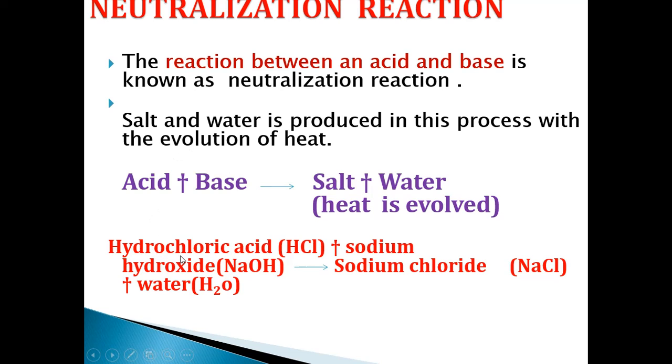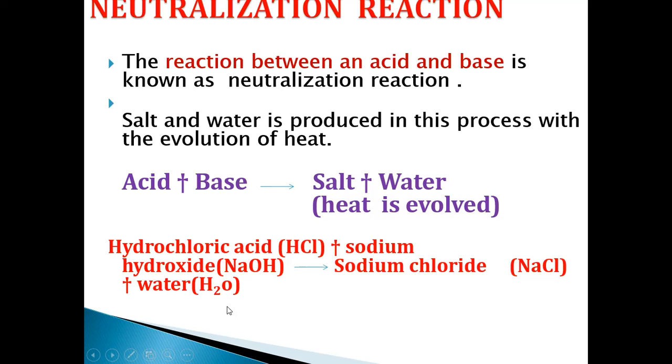Example for acid: hydrochloric acid. What is the molecular formula for hydrochloric acid? HCl. So when it is reacting with a base such as sodium hydroxide. Example for base is sodium hydroxide. What is the molecular formula for sodium hydroxide? NaOH. So when hydrochloric acid reacts with a base such as sodium hydroxide, it forms sodium chloride, that is